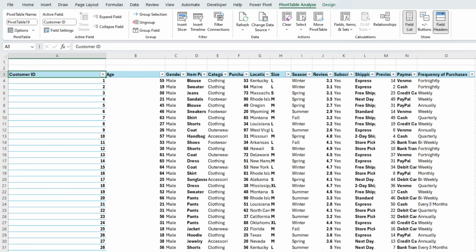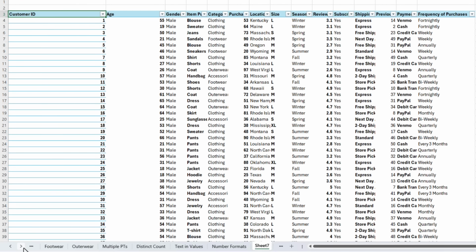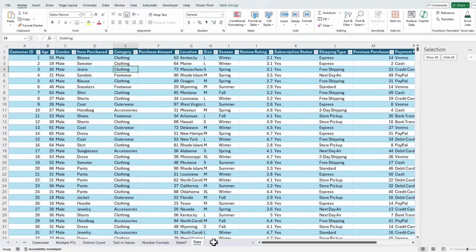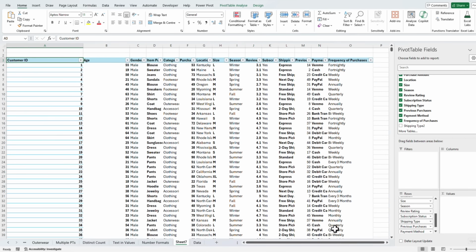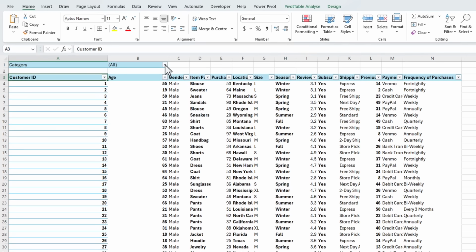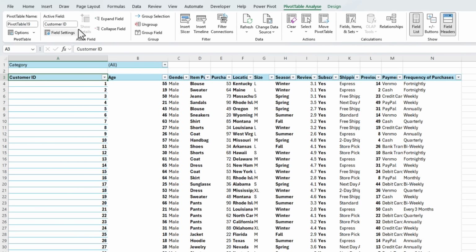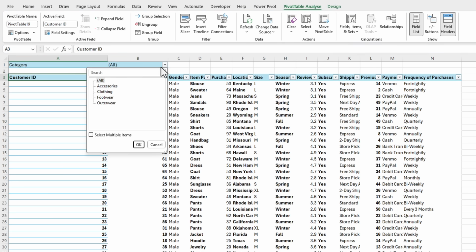So there's my data. And if we go back to the source data, you can see we have the same fields. And let's say I want to just create extracts based on the category. All I need to do is move the category field to the filters. And then I've got my categories here. I can go to the Pivot Table Analyze tab, click on the Options drop-down, and Show Report Filter Pages. And that will create a page for each